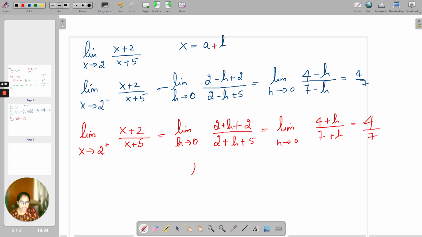So is LHL equal to RHL? Yes. So we can say the limit exists. Okay. Yes. Now